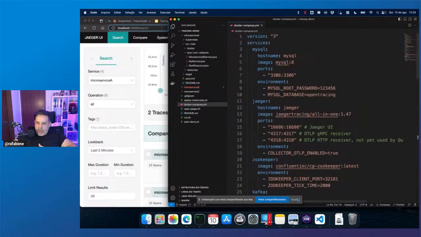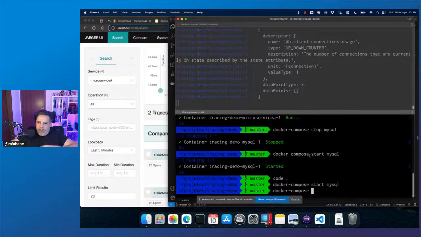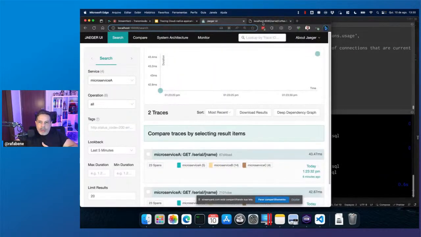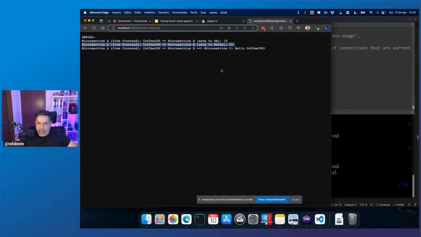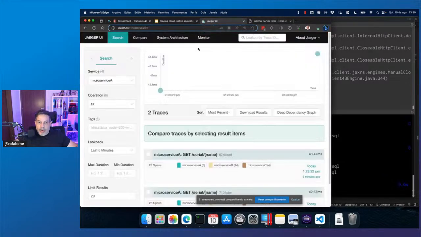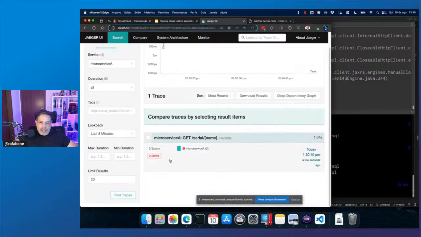Okay, so let me stop MySQL. Docker Compose, stop MySQL. Okay, MySQL is not running anymore. So I will try to access my operation. Look here, pay attention to this. I have an error, right? But why? Let me find the results. I can